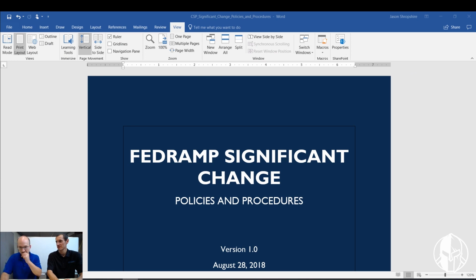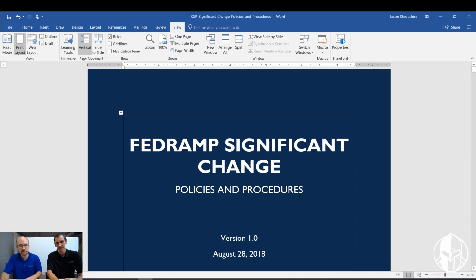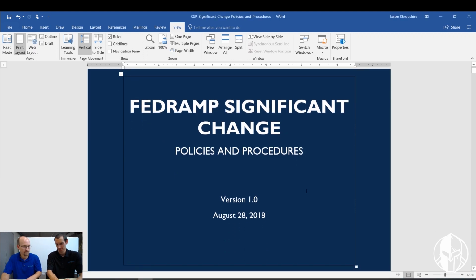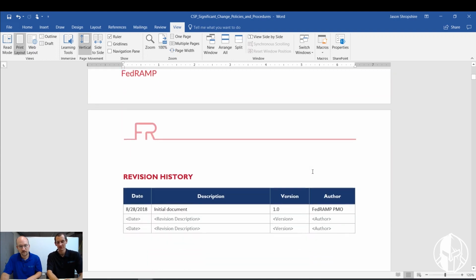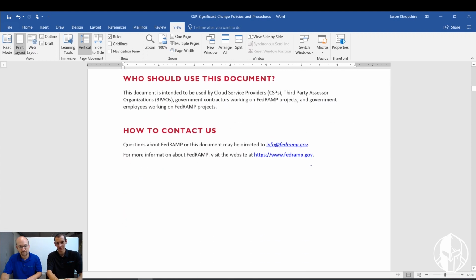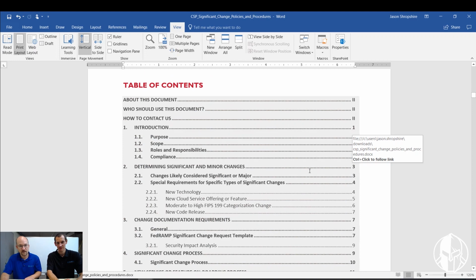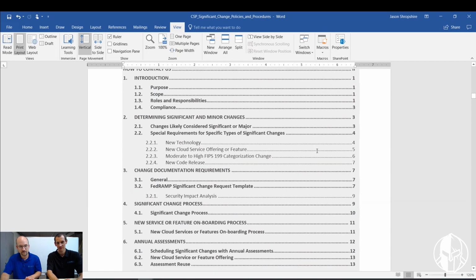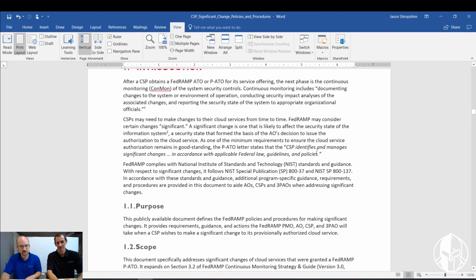All right, so this is the new FedRAMP significant change policies and procedures document, version 1.0. So it's net new in the template realm for FedRAMP, and really, to me, this document is best explained, I think, in the executive summary. Is that in this one, or is that in the other one? No, it's the other one. That's in the other one, yeah. All right, so